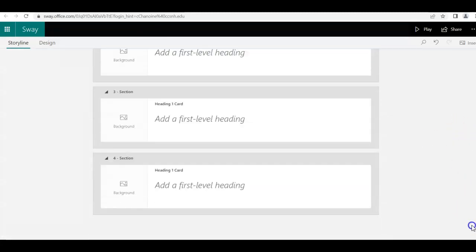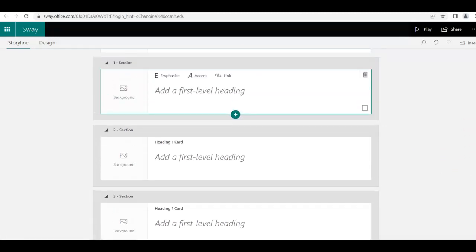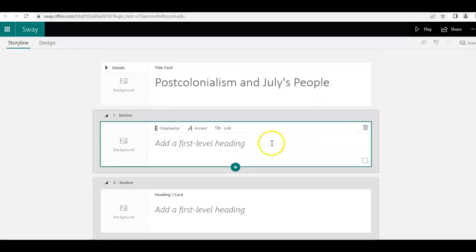So I've added all my headings, and now I can go ahead and add the labels. So I'm just going to title them question 1, question 2, and question 3, but if you'd like to title them something a little more creative, feel free to do so when you're creating your own portfolio. But in the interest of providing a sample,